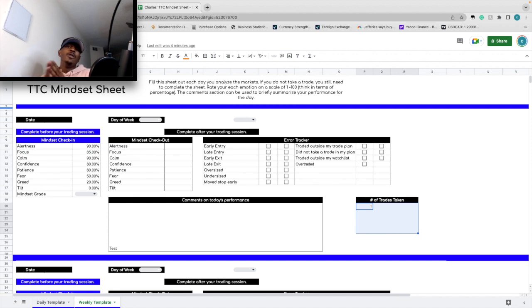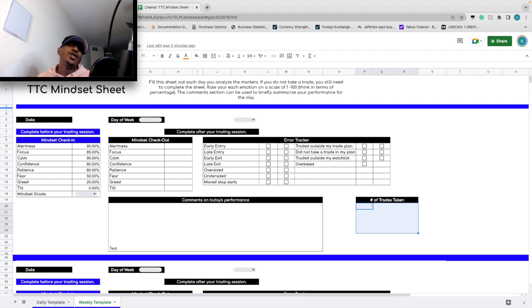Now, something that we've tried to do in terms of working on that execution side of trading is make things more repeatable and more data-based, right? So understanding the data behind ourselves. So what do I mean by that? Well, it's very easy to understand the data behind your strategy, right? It's just about keeping up with good data while you're doing backtesting, understanding the times in which you're trading, the pairs in which you're trading the most, the times which you tend to take more wins, the times which you tend to take more losses, and how those setups look and all that kind of stuff, right?